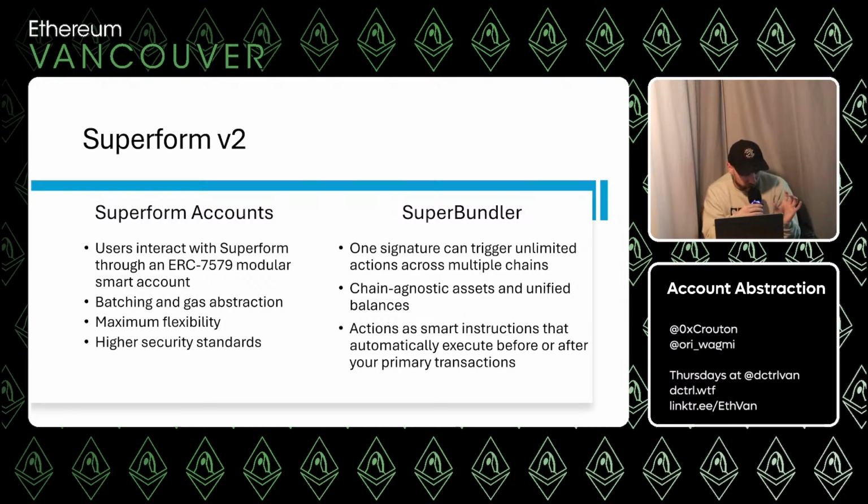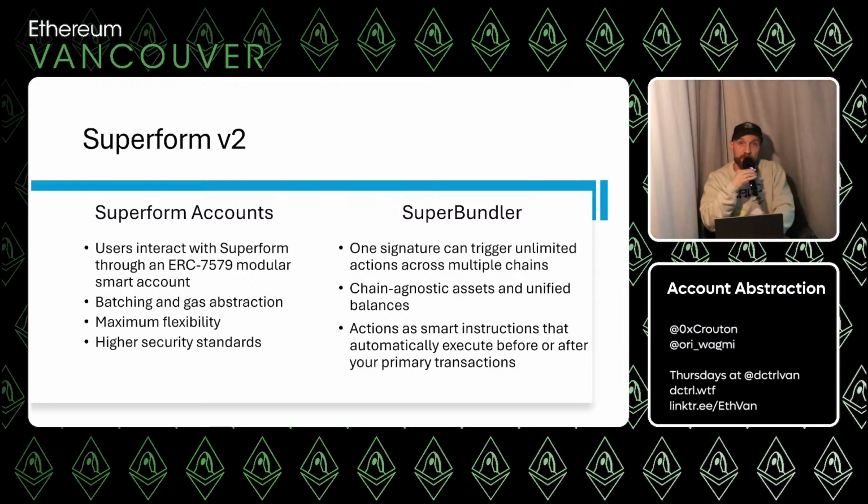And then the Super Bundler. This is where I wanted to pull Yoni back in, because what the Super Bundler can actually do is, in one signature, trigger unlimited actions across multiple chains. I don't exactly know fully how it does it, so maybe we can try to figure it out. I was trying to hash it out with Andrew yesterday. We also have chain-agnostic assets and unified balances.